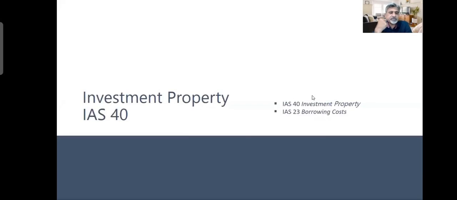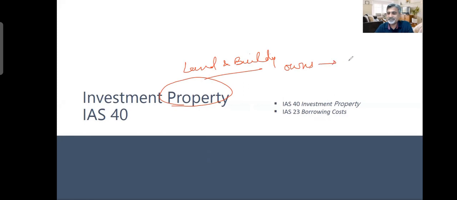Investment property, IAS 40. We previously did IAS 16, PPE, property, plant and equipment. Today we are going to do investment property. These two are quite related standards. What you need to understand first is that investment property has to be a property, which means that it must be land and building. So it is land and building which a business owns,